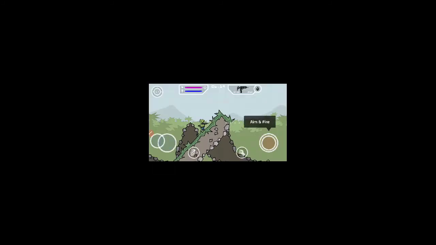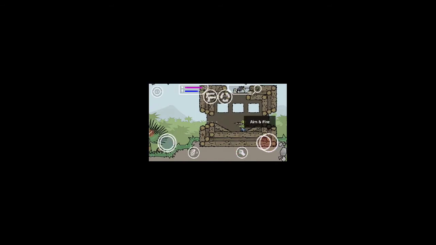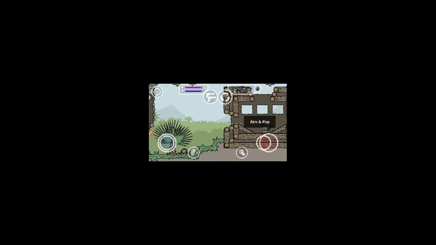Let's take the gameplay and check whether the guns which we get from Pro Pack have been unlocked or not. So as you can see, we are getting the sniper.